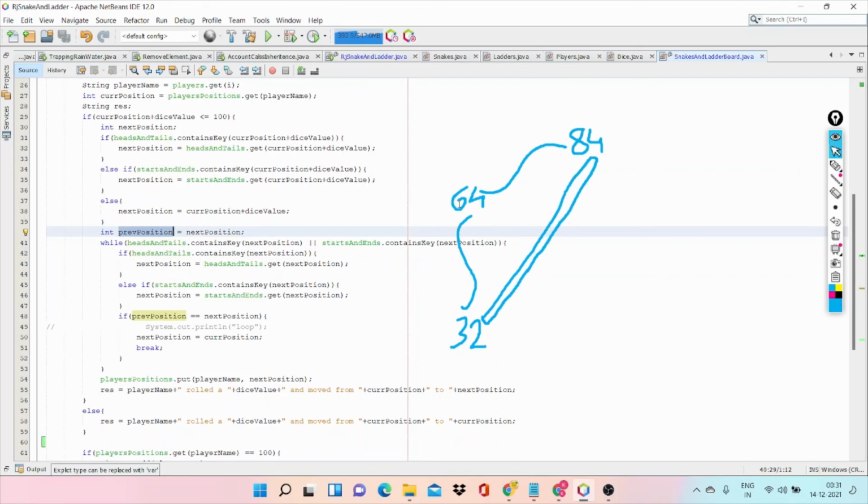After 3 iterations, the next position also becomes 64, where the previous position 64 equals 64. Then it says that we are stuck in the infinite loop, so we need to terminate the loop. Here I terminate the loop by placing the previous position, which is 60.